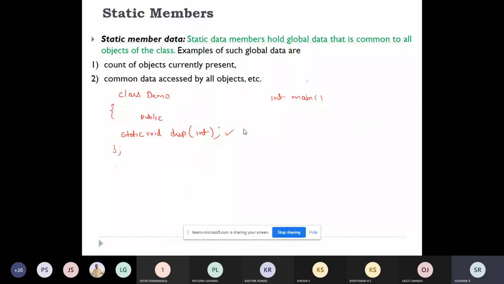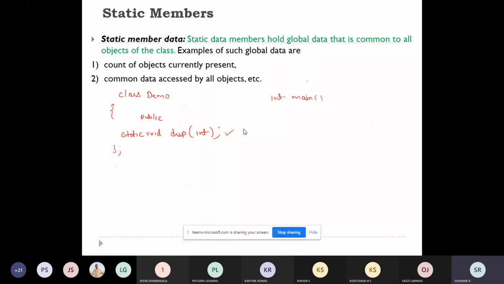What is the purpose of this function? The purpose of this function is to access the static data variables or modify the static data variables. So if you prefix the function prototype with the keyword static, it will become a static member function.